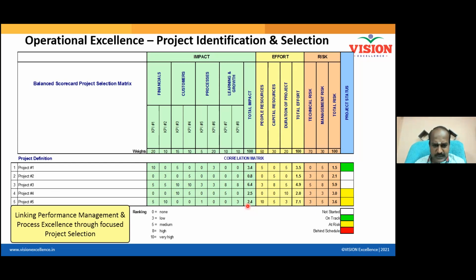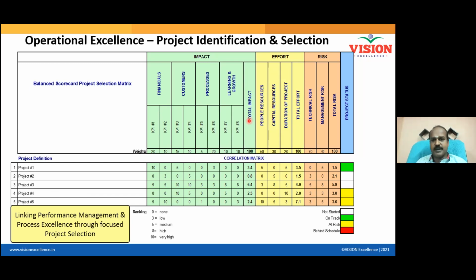Now there are so many numbers. With this number, what I understand is that the 6.4 gains more importance. That means when I support this project in my company, project number 3, the impact will be more. What is this impact? This will help my company achieve the strategic goals in a larger magnitude. And now this is understood.